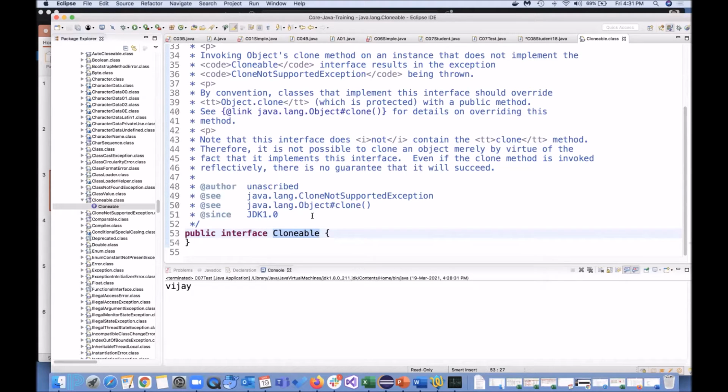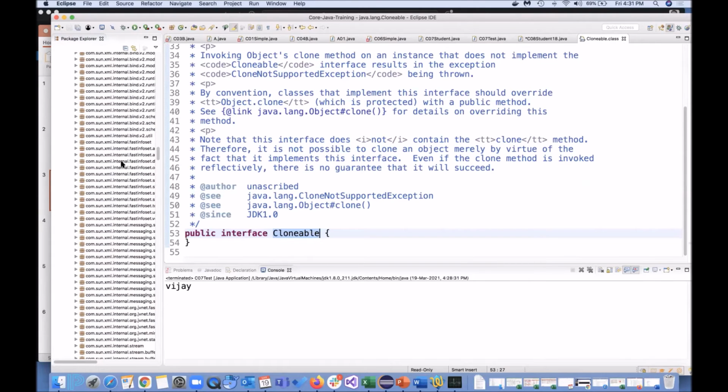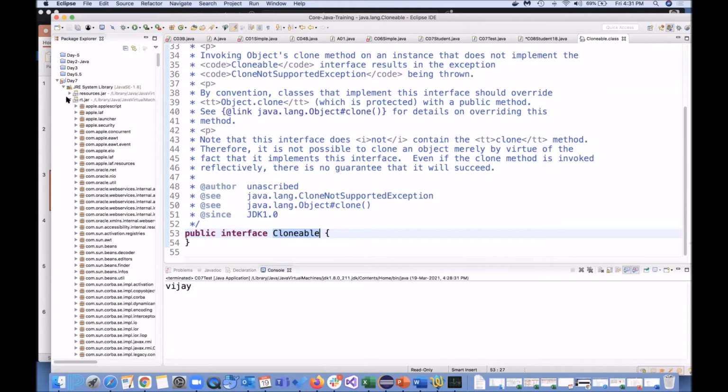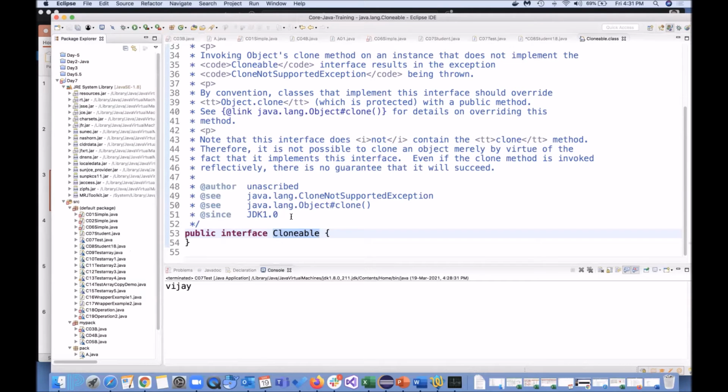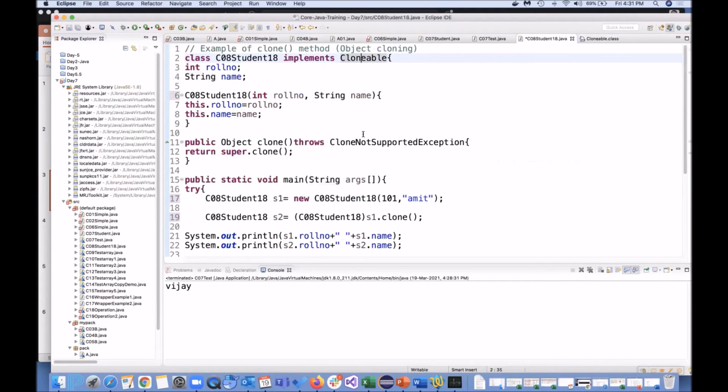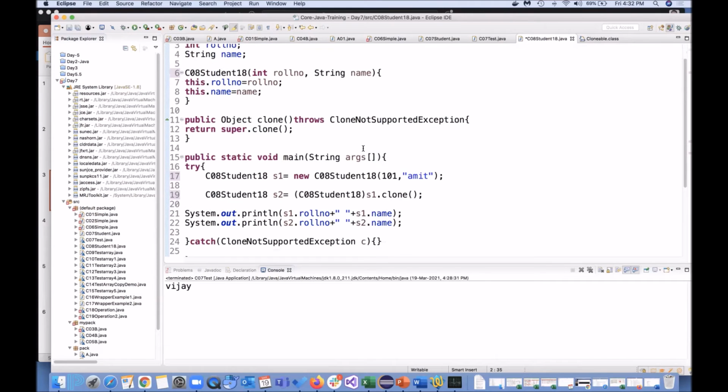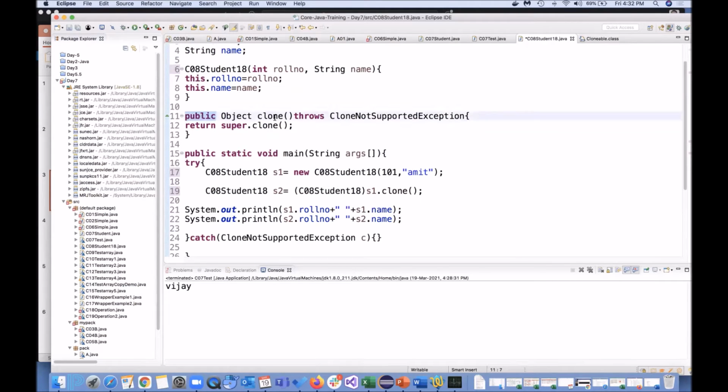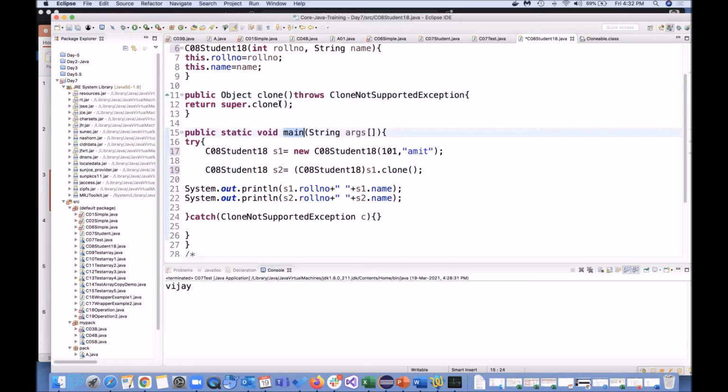There is a message which this interface is giving to your JVM: boss, whatever class is going to implement this interface, they want to clone the object from the Object class. So it implements Cloneable, and here I have, okay, let's talk, this is my main class.